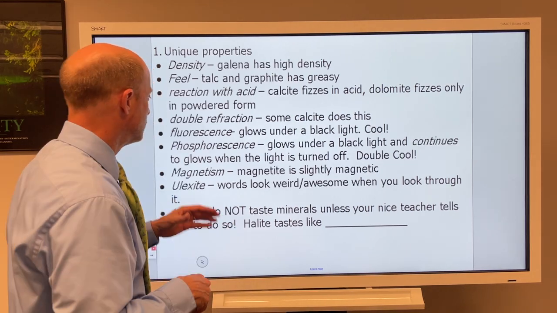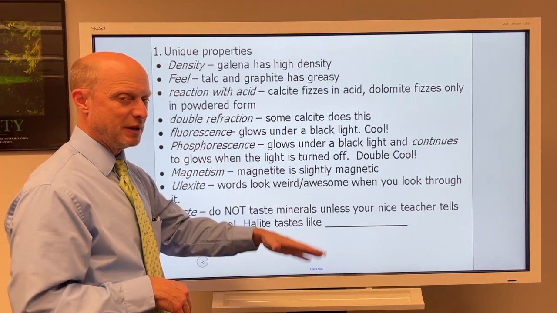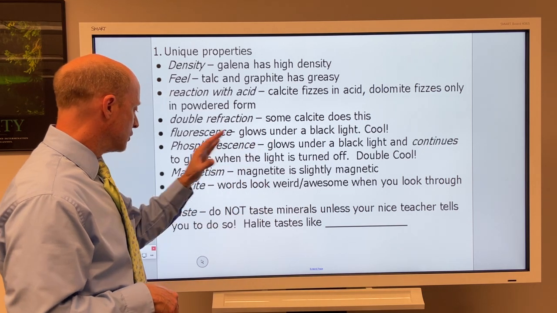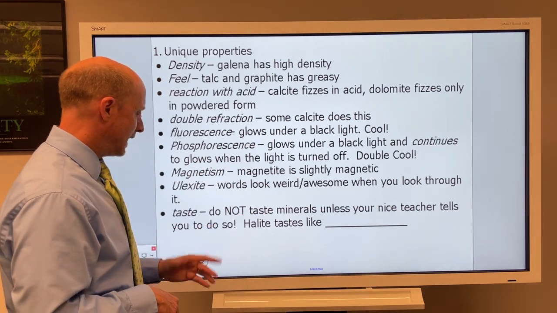All right, pretty cool, right? So double refraction, I'll show you that in a minute. Calcite does that. Fluorescence. So I'm going to show you some of these. And I do have,